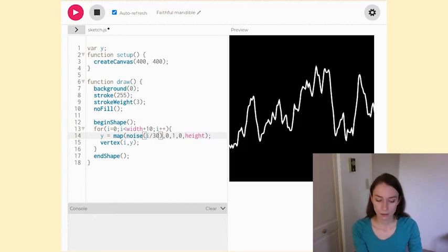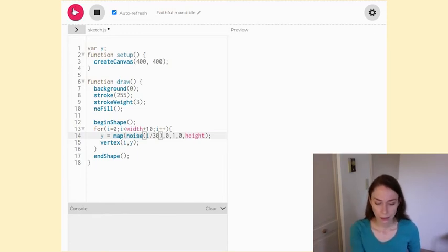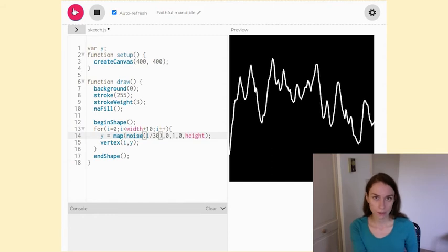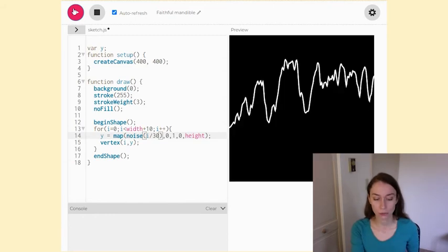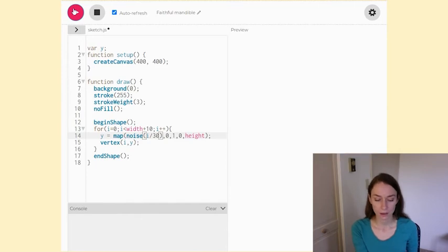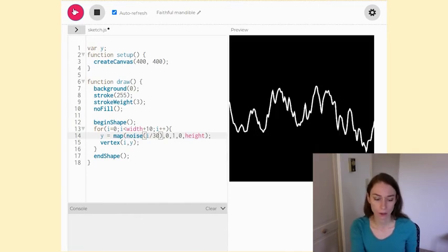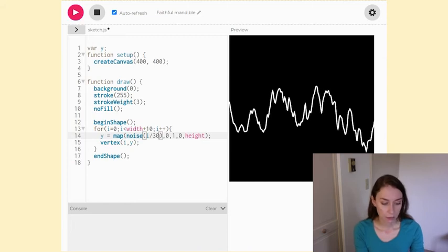So now what we see here is this jagged line. We talked about how Perlin noise is also oscillatory, but it's randomly oscillatory, and it's a little bit more jerky. The best way to see the randomness concept of Perlin noise is to refresh your sketch every single time, and then you can see that Perlin noise refreshing along with it. If we wanted to see our Perlin noise actually moving across the screen, we could map to something related to the frame count instead of mapping it to I. So I'm going to start making some changes to this sketch so we can actually see our Perlin noise moving